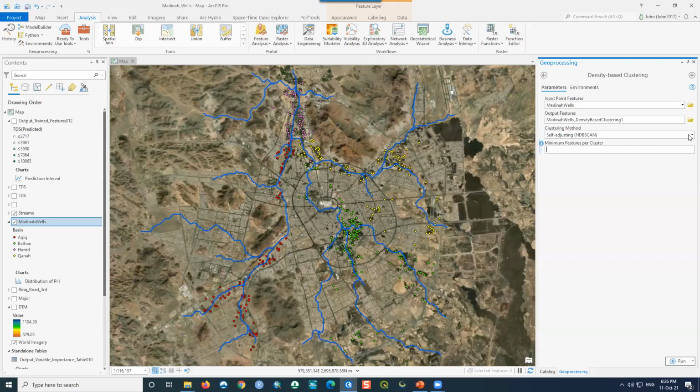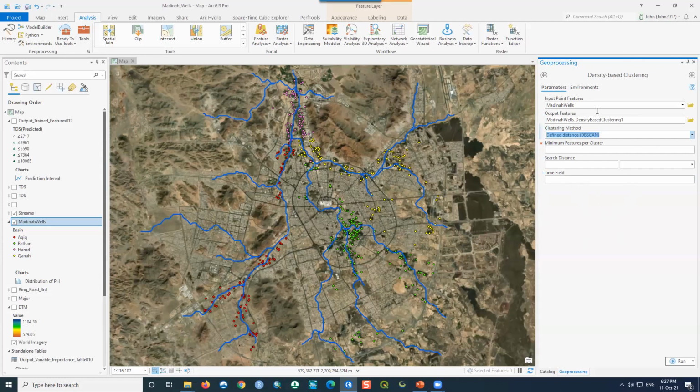If you select DBSCAN, there are 3 methods, 3 algorithms. You can specify the minimum number of features per cluster and also the search distance. This is optional. And also this is optional. If you have a time field, you can run spatio-temporal density-based clustering, which is a new feature. They added it 3 or 4 months ago.